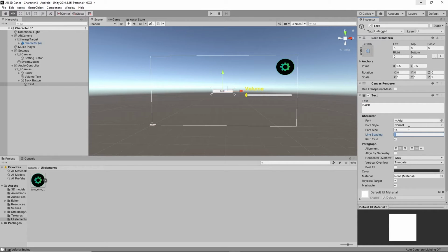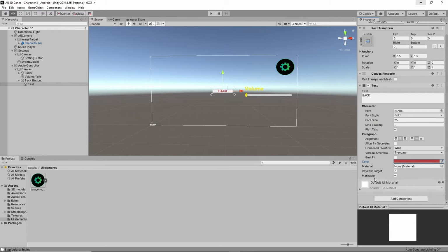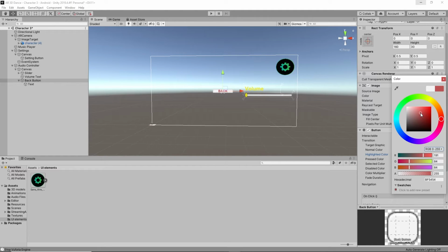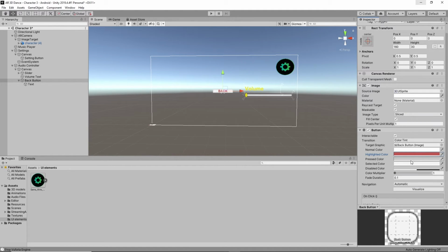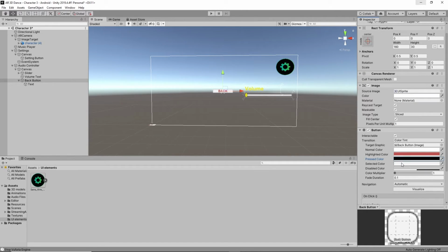I'm going to increase the size of the text a little bit. I think we can make it bold, and it should be a reddish color like this. If you want to give the functionality for this button, select the button and give highlighted colors, like reddish, and if I select, the pressed color should be complete red or complete black. Yeah, I think it was good.